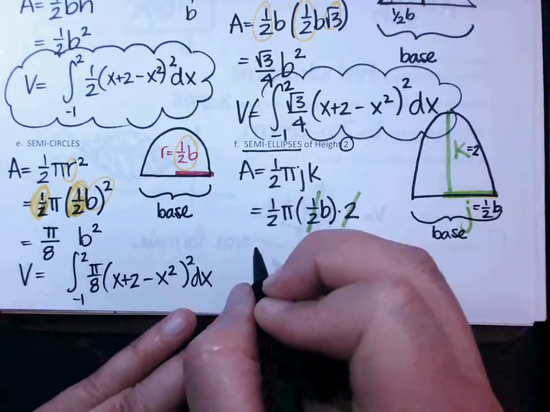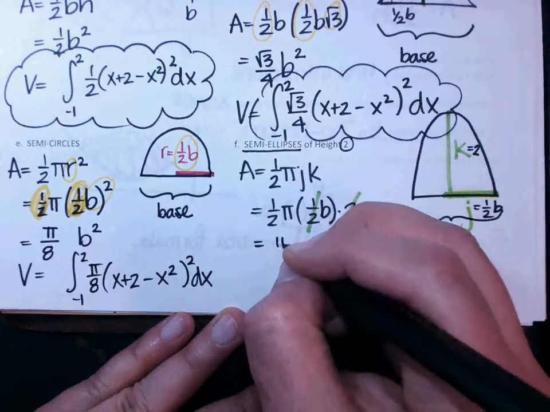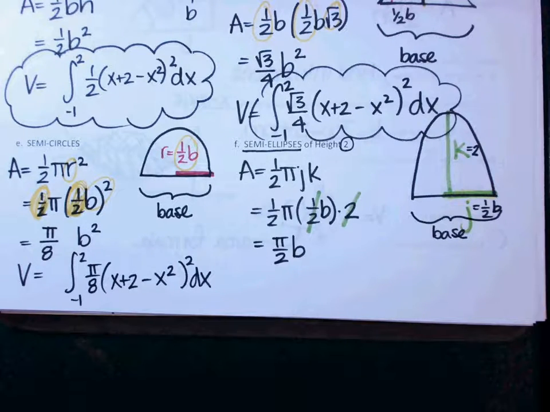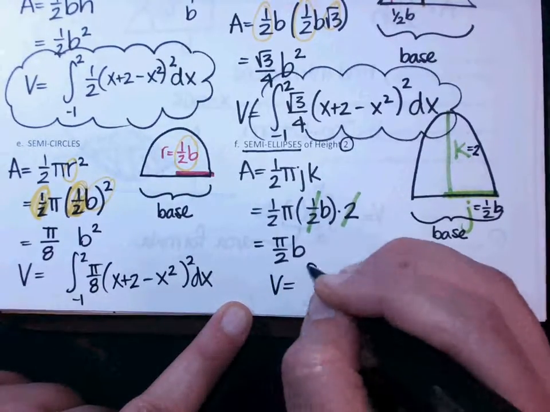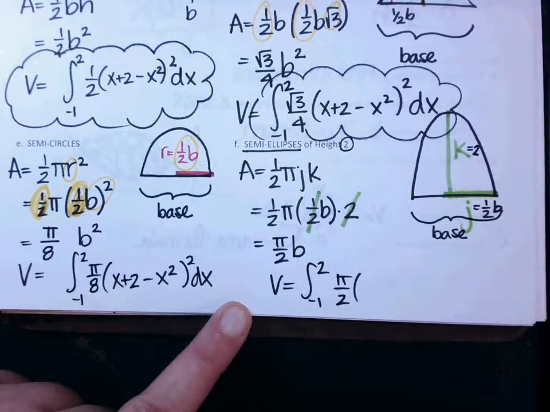So what would my final area function be before I integrate it? Pi over 2 times b. Yep. And you could write it the way that Valerie said, 1/2 pi b, that's fine. Or you could put the way Sumaya said, pi over 2b. It doesn't matter. They're the same, it's just how you write. And then how do I get from area to volume? Integrate. And then my base was